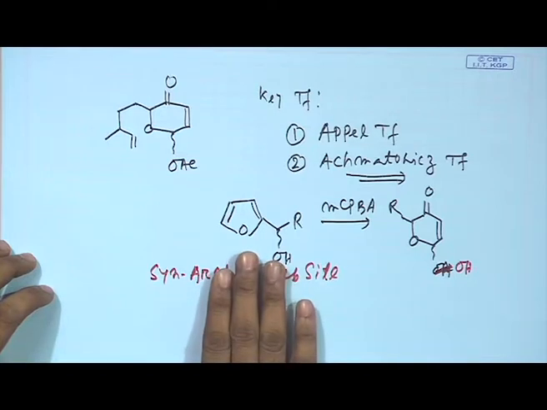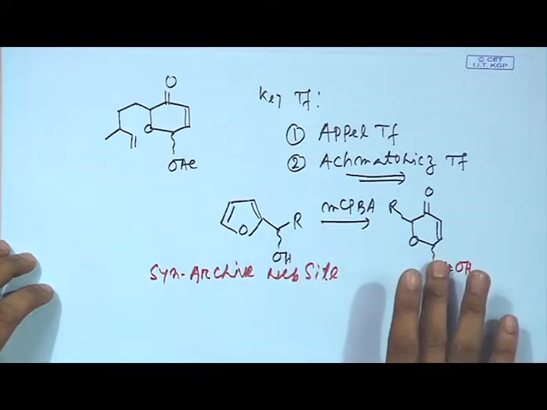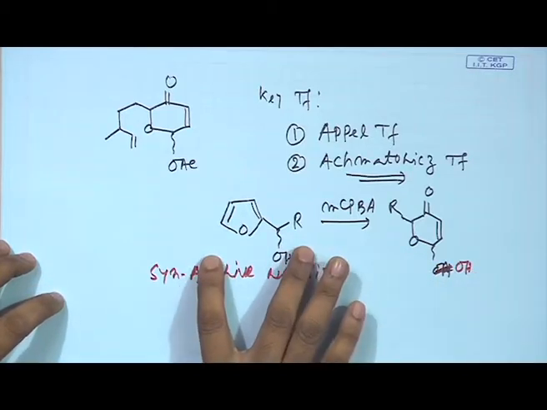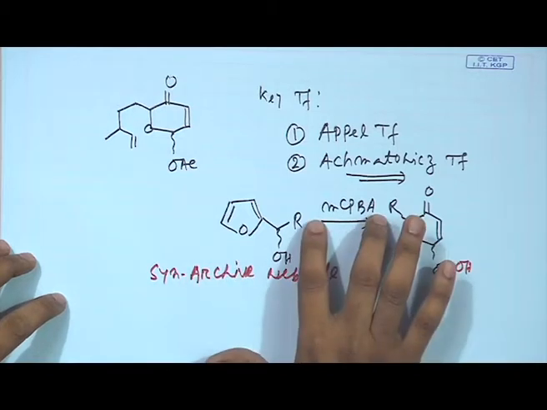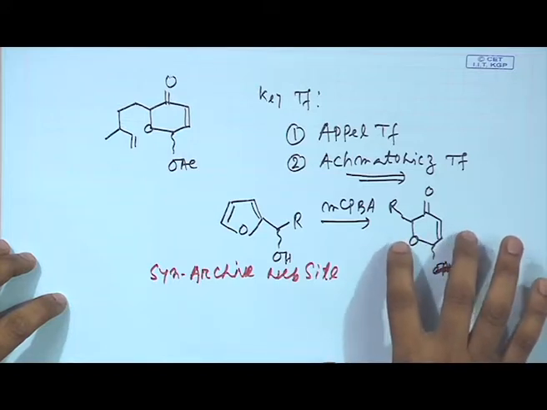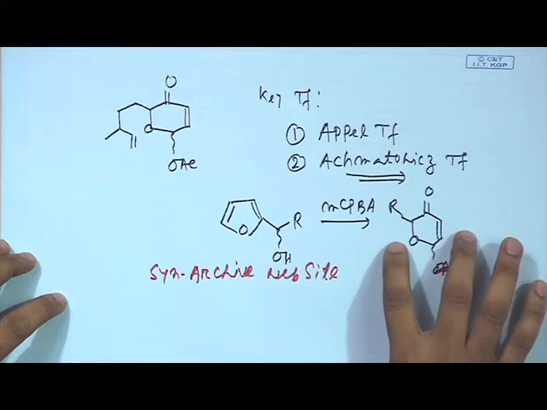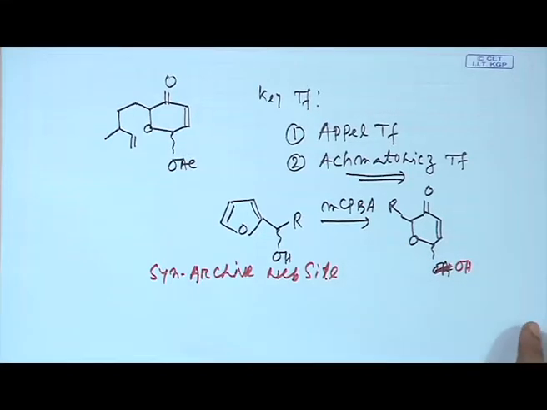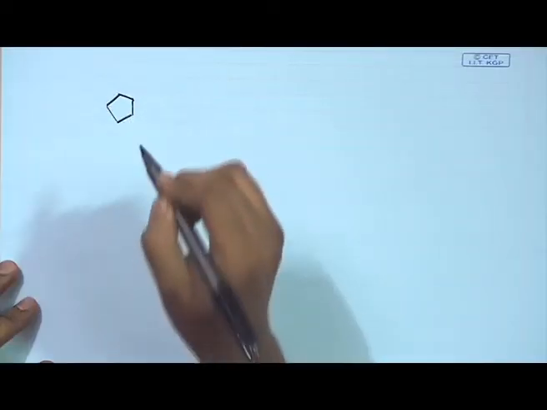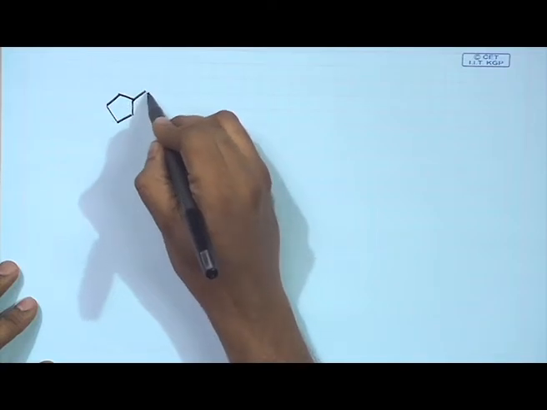So, the starting material is pretty simple, the reagent is pretty simple, but for the final product, you have to think about how this furyl carbinol system reacts under this oxidative condition to give you the rearranged product, which is having this pyranone structure. It is basically a 6-membered lactone, sometimes called pyranone. Now, this is the beauty of this powerful transformation. We will stop today's lecture by discussing another simple problem, and then we will try to analyze how this one was done.